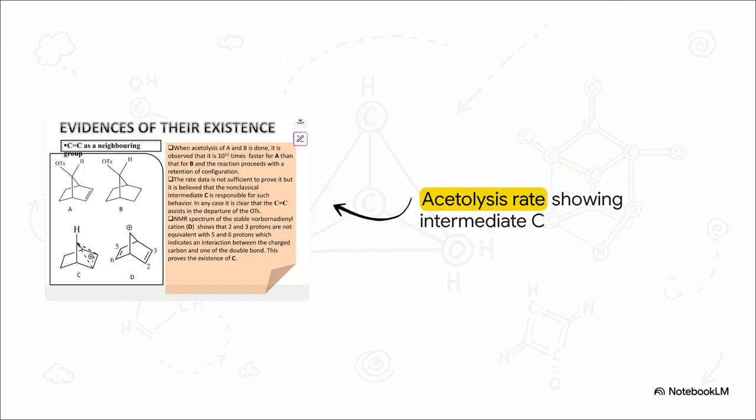It acts as a neighboring group, actively assisting in pushing out the leaving group. This staggering rate data strongly points to the existence of a non-classical intermediate. Let's call it intermediate C. The double bond actively interacts with the charged carbon, basically proving that intermediate C has to exist to facilitate such